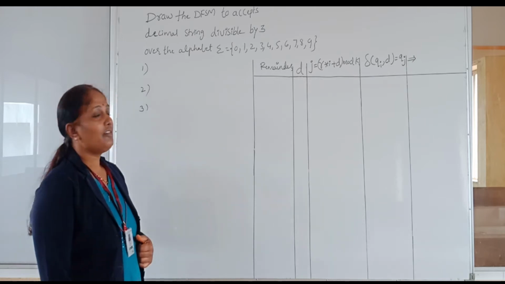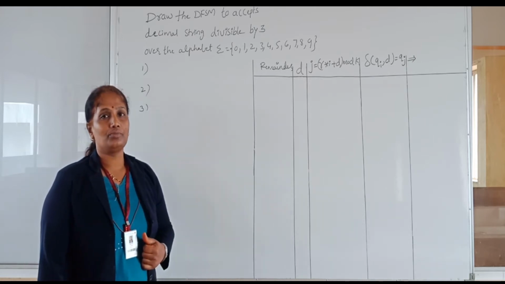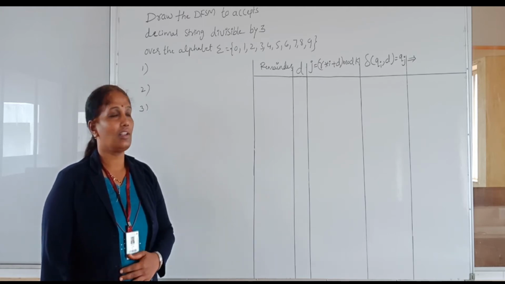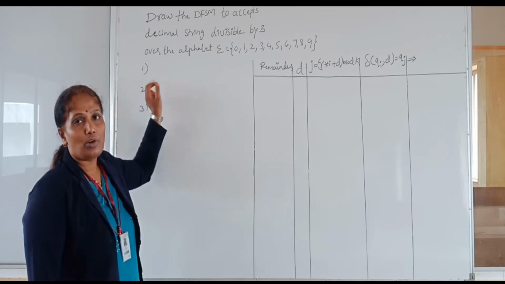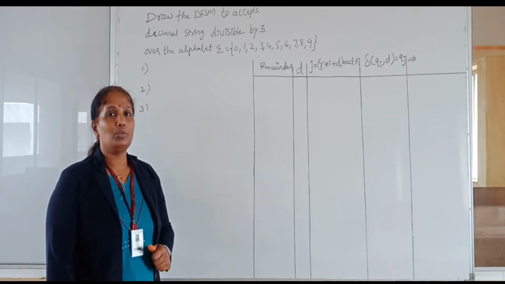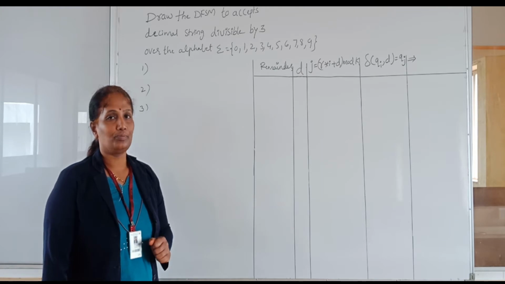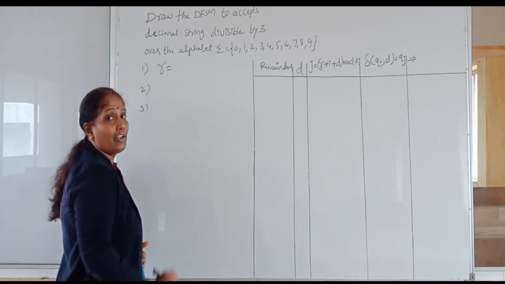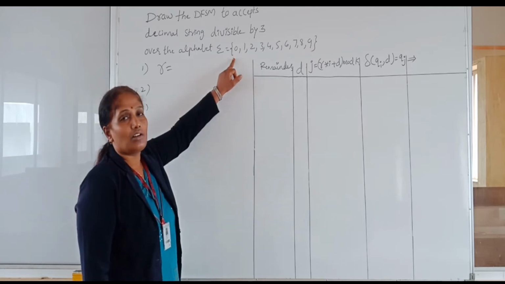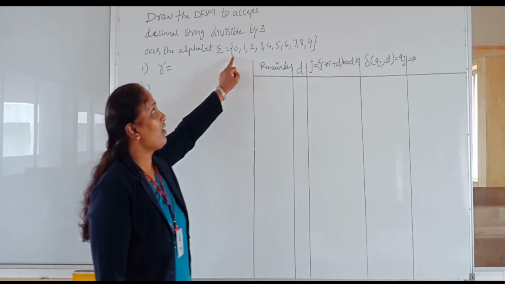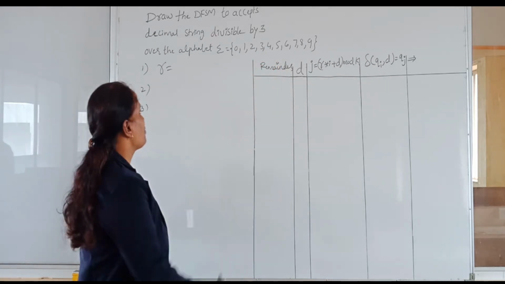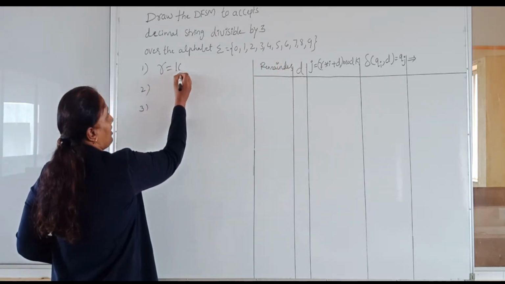So the method which I explained in the previous video, according to that we are going to use 3 steps here. The first step is we are going to find the R value, K value and the D value. So what is R here? R is nothing but the radix. Radix is nothing but the count of the alphabet set. So how many alphabets are there in the alphabet set? 10 alphabets are there. So the R value will be 10 here.